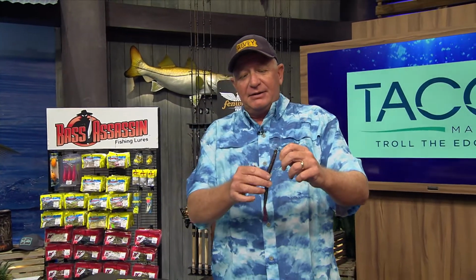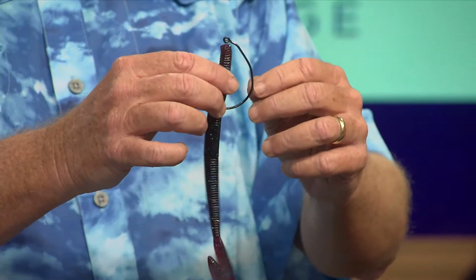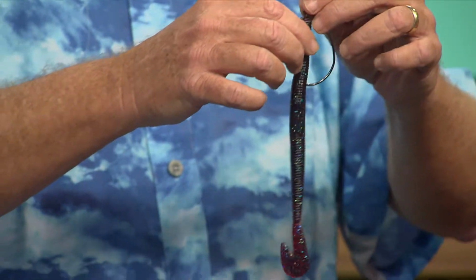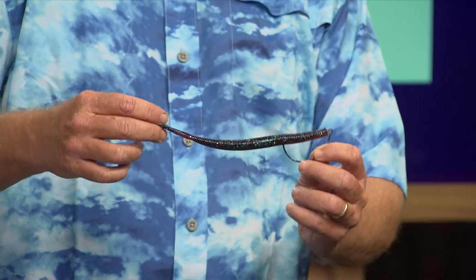It's a nice big worm. It's got a really good silhouette because it's so fat. It's kind of like the Fat Job, except it's got the action tail on it. And you know, you want to put a big wide gap on it because it's such a fat worm and you got a lot of material in it. You want to use like a 5/0 wide gap, and you know, you want to rig it with the tail